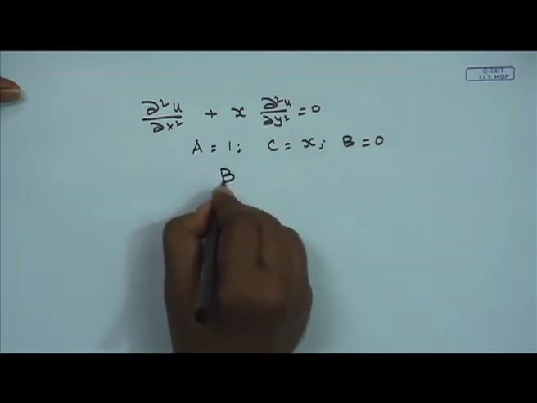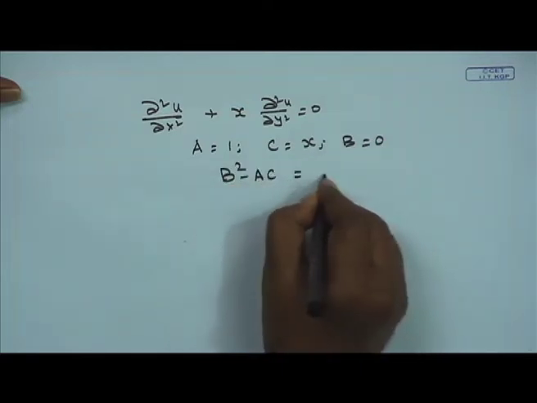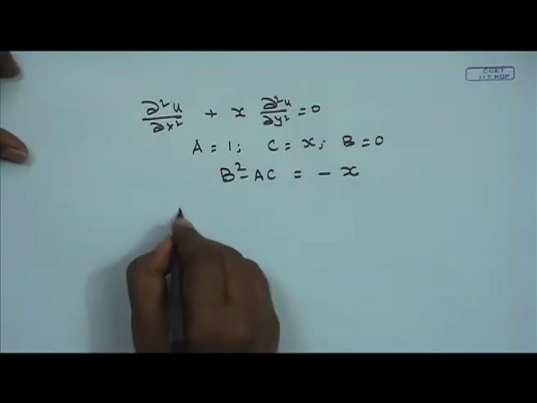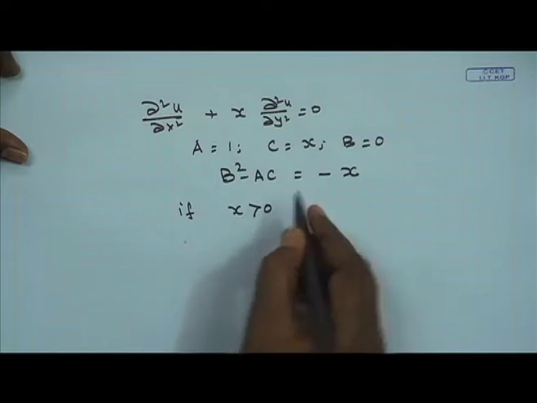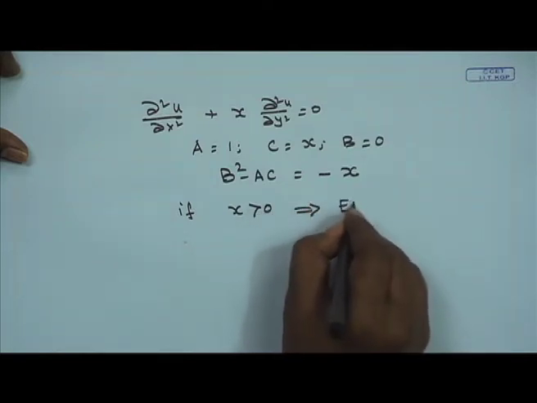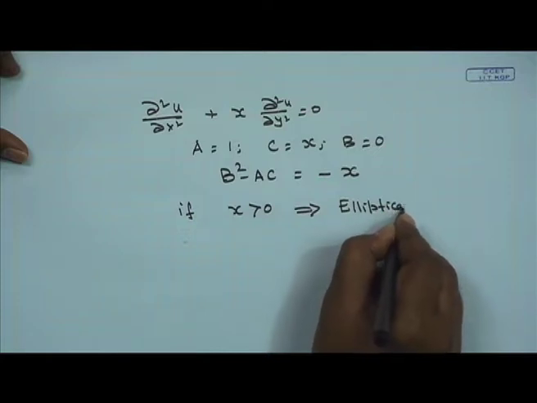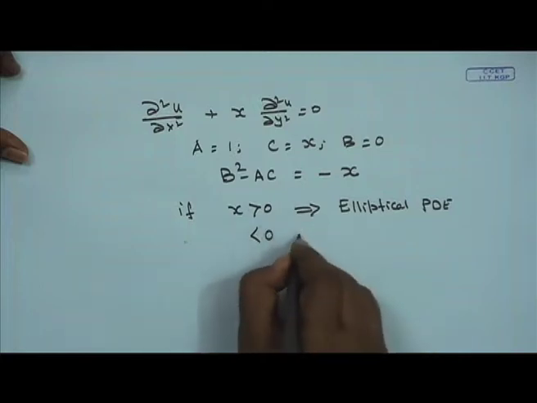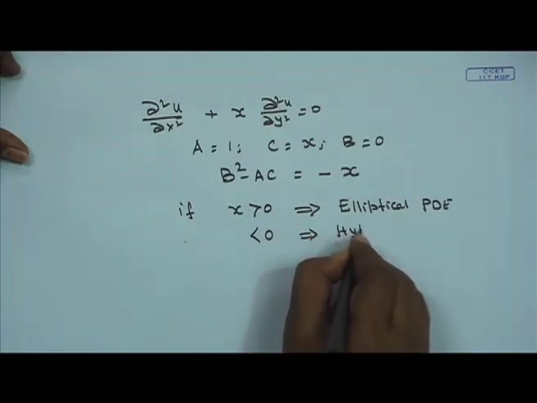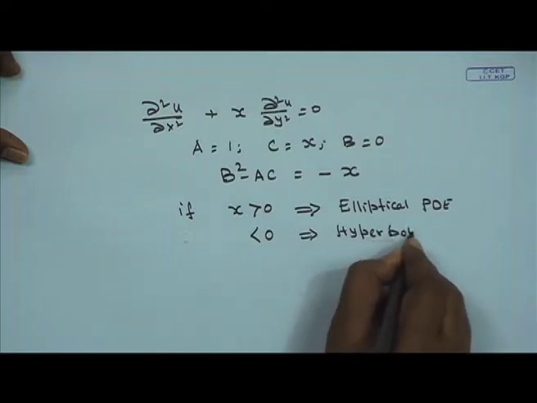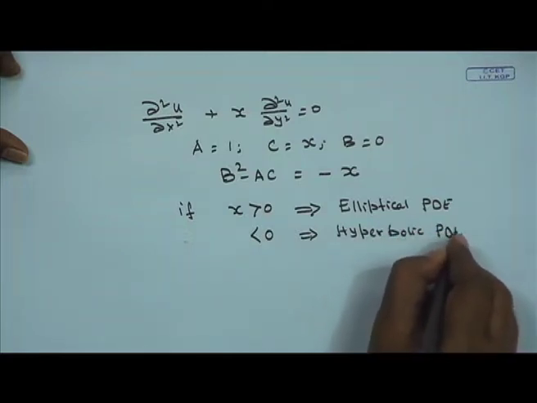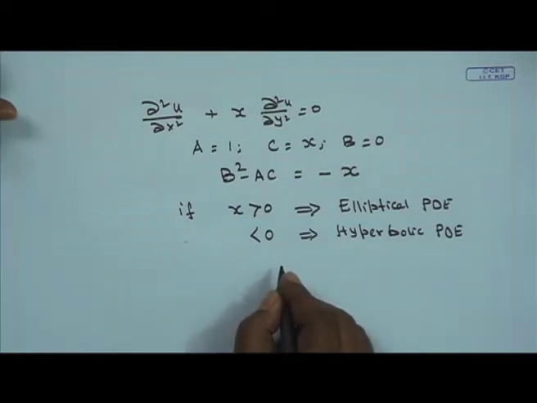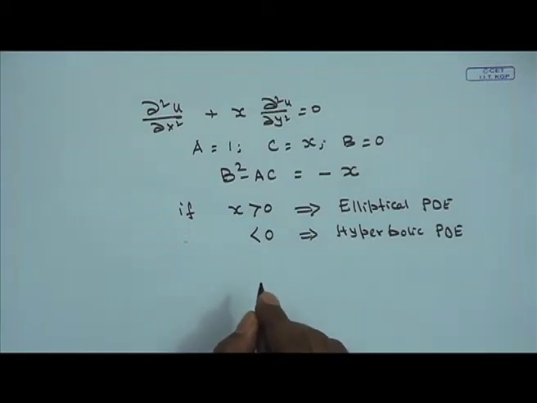So we compute b² - ac, and b² - ac is -x. Now if x is positive, then we will get an elliptic partial differential equation, and if x is negative, then we will get a hyperbolic partial differential equation. So these are the ways to categorize the partial differential equation